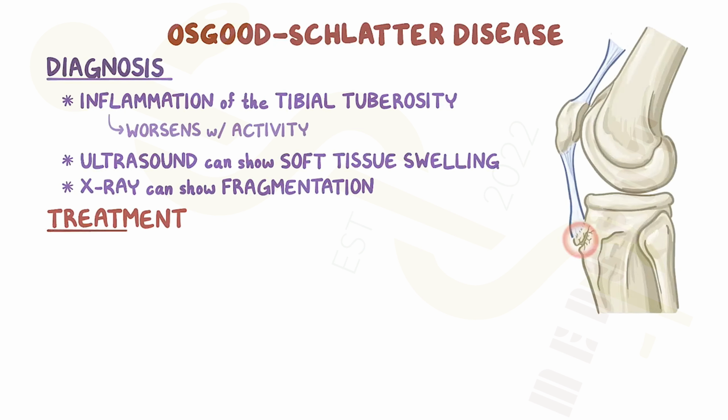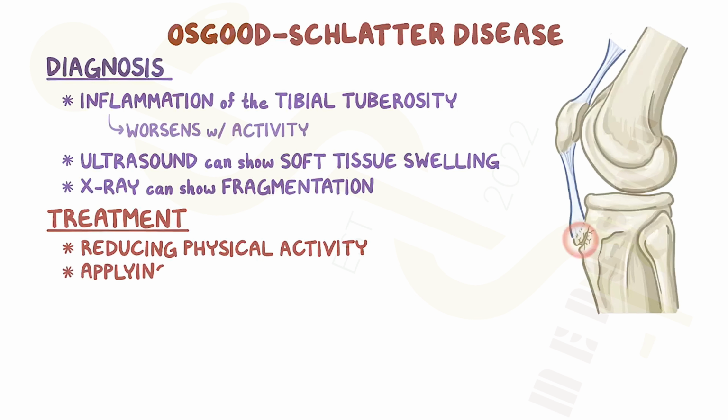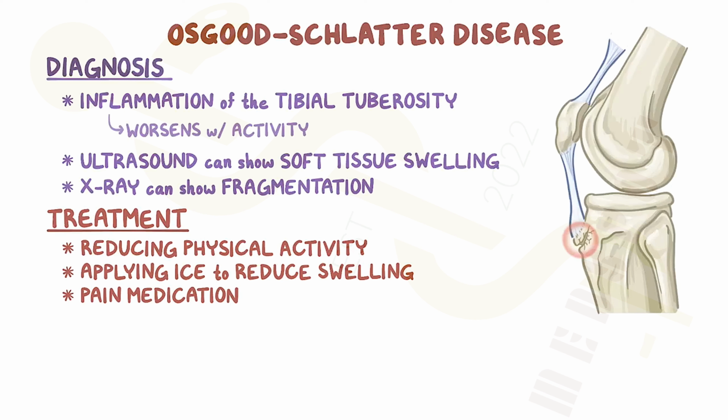The treatment of Osgood-Schlatter disease mainly consists of reducing physical activity and applying ice to the tuberosity to reduce swelling, as well as pain medication. However, surgery might be necessary for persisting pain,